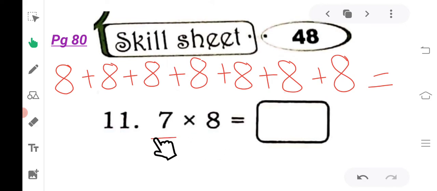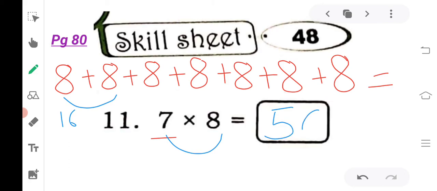So in the form of multiplication. But children, see, this is the easiest method. How? If you solve in the form of repeated addition, it will take time. First, you will add the first two numbers. 8 plus 8 is 16. Then 16 plus 8, like this you will do. So if you know the table of 7, you can quickly multiply and write it like this: 7 into 8. So what comes 7 into 8? Tell me. 56. Okay, 56 will be your answer.